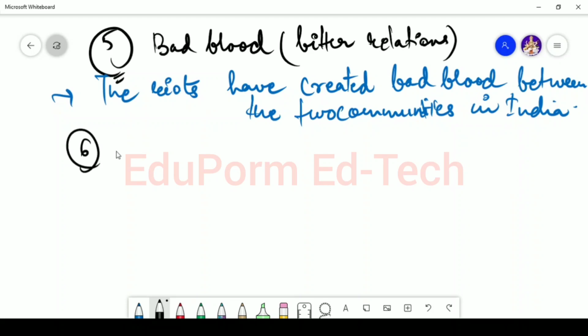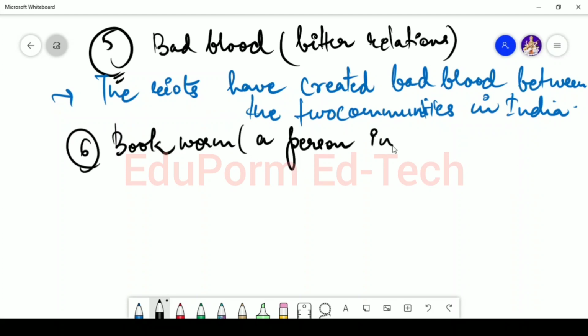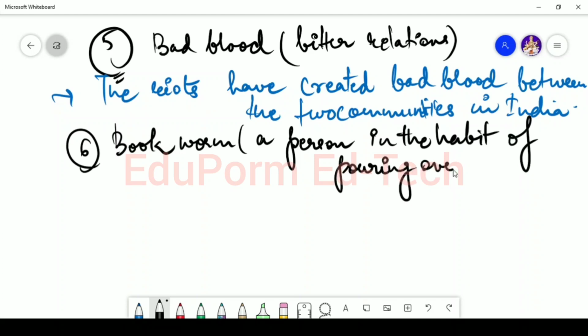Now this is the most common used idioms, that he is a bookworm. Bookworm means a person in the habit of poring over books. घर वालों को सुना होगा कितनी तारीफ करते हैं ऐसे बच्चों की ना, किताबी कीड़ा है वो, तो उसके पास कुछ और करने को है नहीं, जब भी देखो he or she will be like sitting with a book, always reading. Okay,